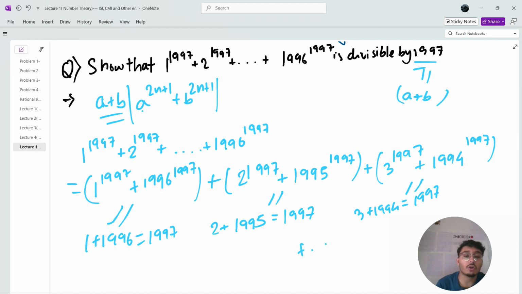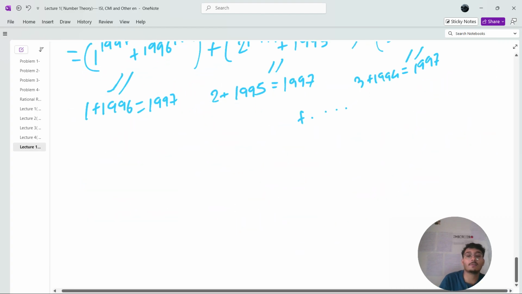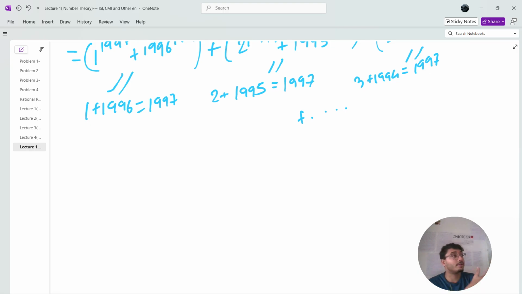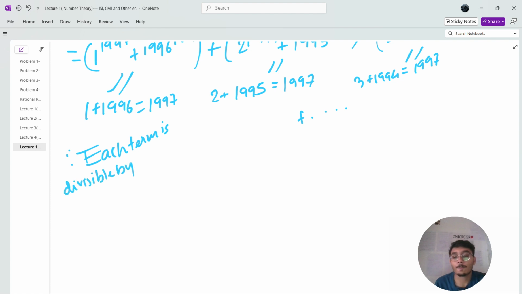Hence, plus dot dot dot, this whole thing goes in such a way that each term of the summation is divisible by 1997. That means if each single term of the summation is divisible by 1997, my whole summation has to be divisible by 1997. So hence, since each term is divisible by 1997,